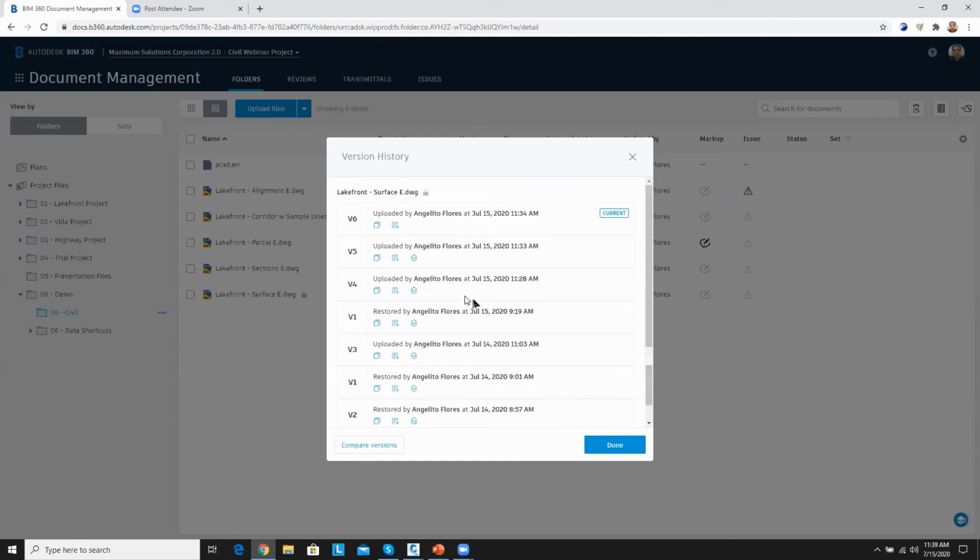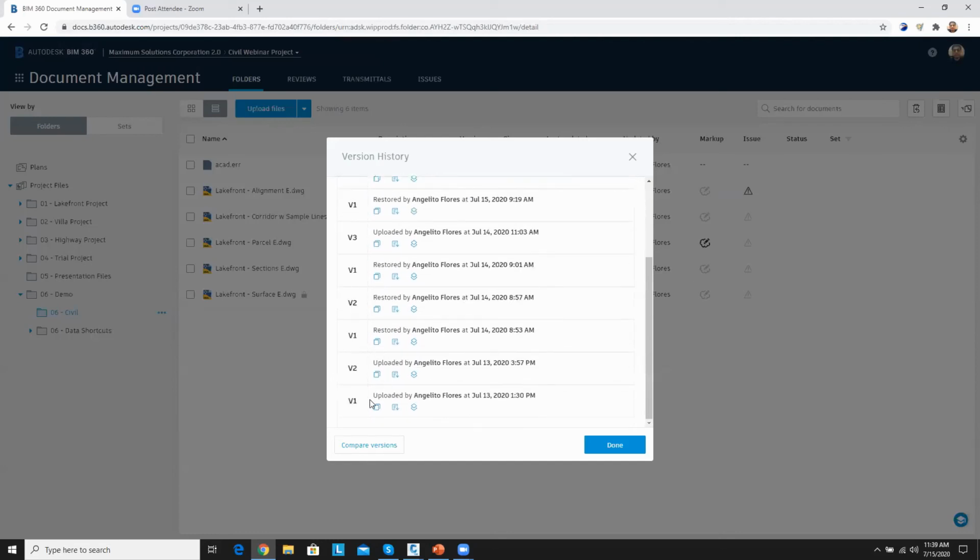For example, from version 1, I make some changes and after I save it, it automatically creates another version, which is version 2. Then you can also make the older file or the previous version your current file